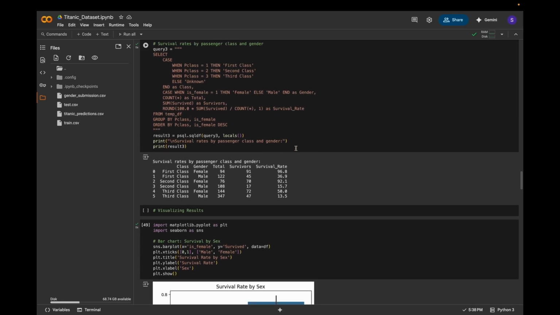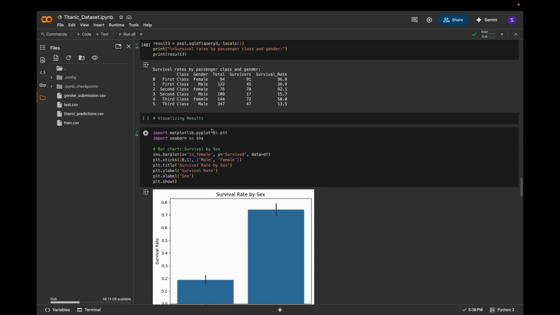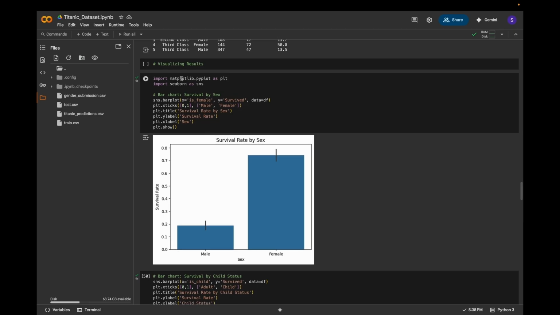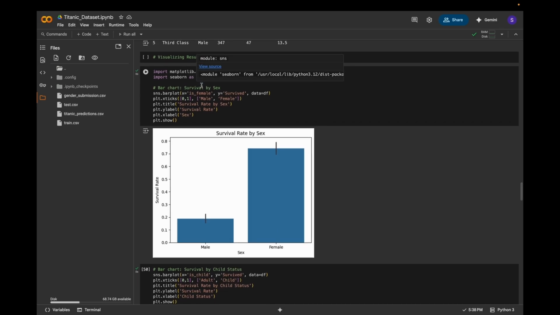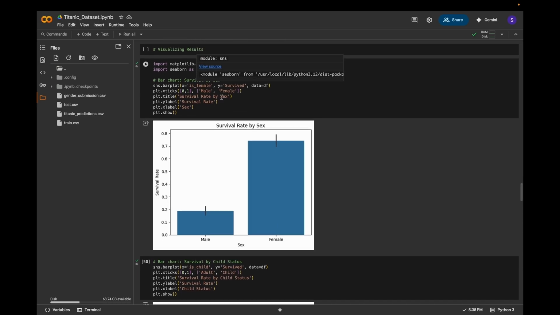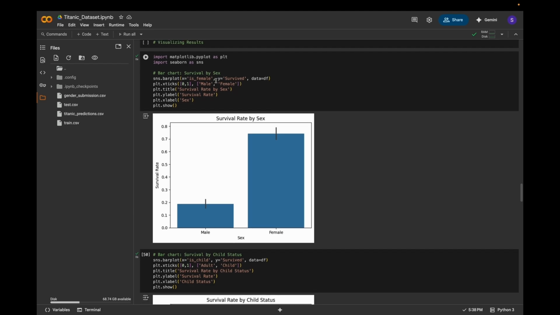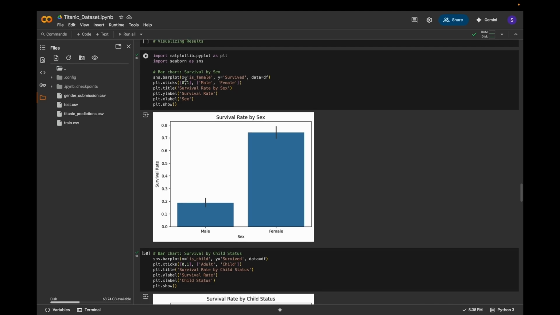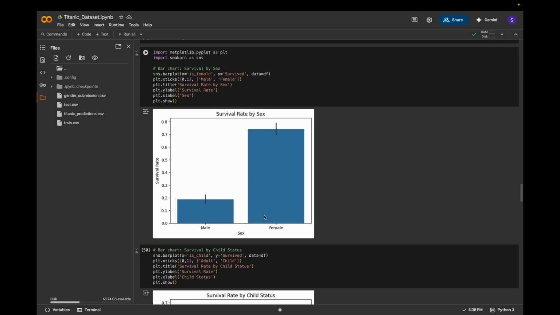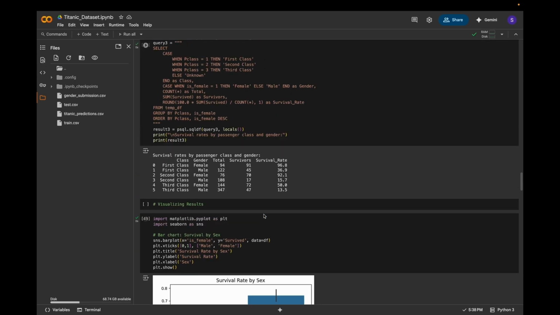Yeah. And then we move on to visualizing the results. So I basically imported matplotlib.pyplot as plt, imported seaborn as sns. Then I created a bar chart of survival by sex, with x equals is female, y is survived, and the data is df. And this assigns zeros to male, one to female, and then you're able to see the bar plot here,